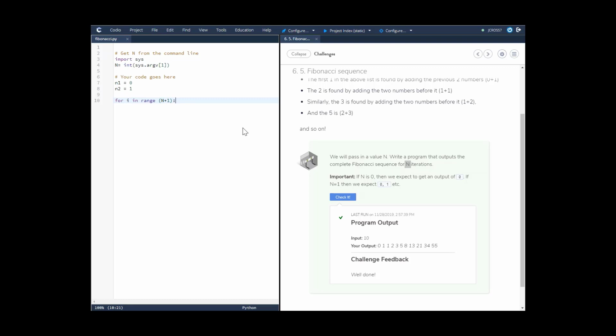And then we're going to create the if statement. If i is less than n, print n1. Okay, so that's the first part of this statement, and then we're going to create the else statement. So we'll say else, print